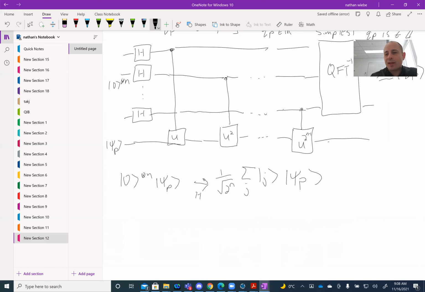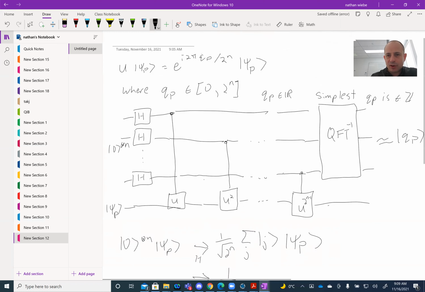If you're confused about that step, take a look at some of the previous discussion of the quantum Fourier transform about why that's true. It's just a direct consequence of the fact that Hadamard acting on 0 creates a uniform superposition. Okay, so Hadamard tensor n acting on 0 ends up giving us this, and now the sequence of controlled unitaries, by the definition of what the unitary does, which is here,